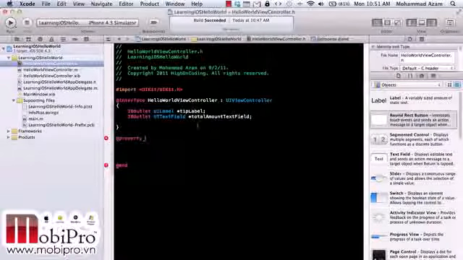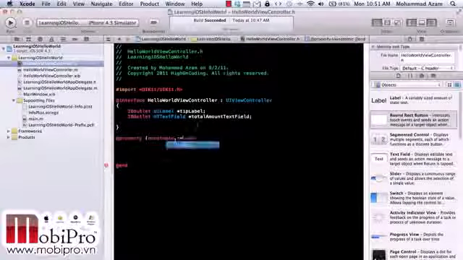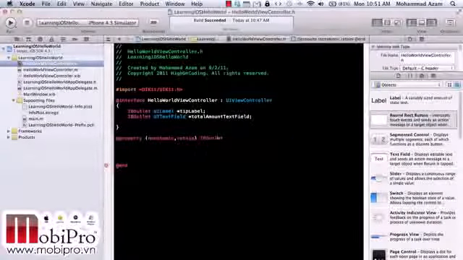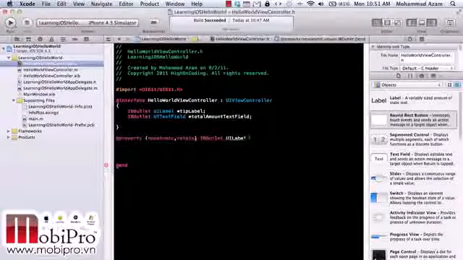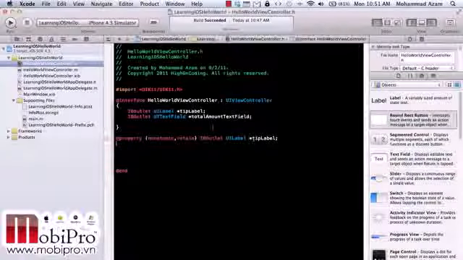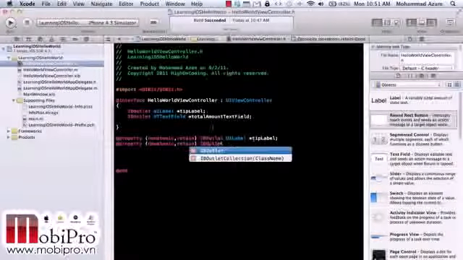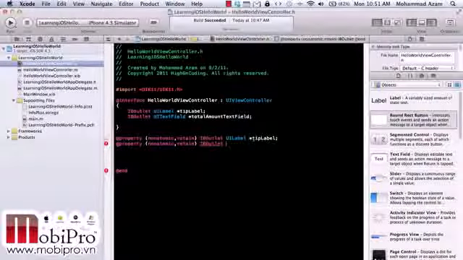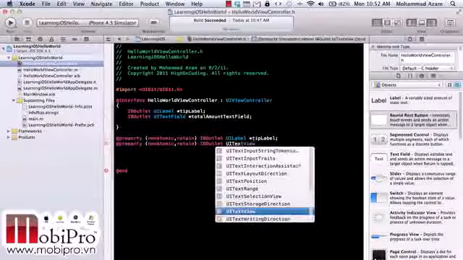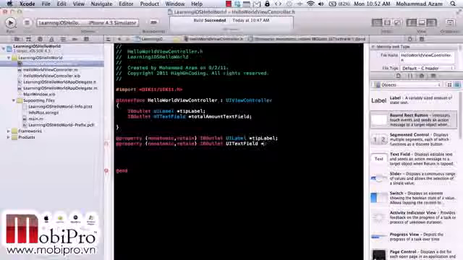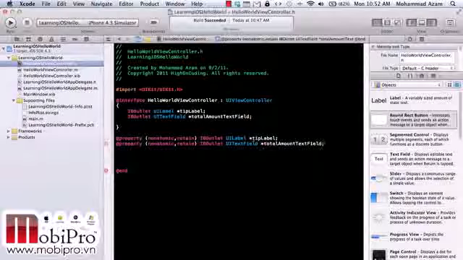Property nonatomic, retain IBOutlet UILabel, and then tipLabel, and then property nonatomic, retain, and we are declaring the property for the UITextField, and we'll call it totalAmountTextField. Okay, now the